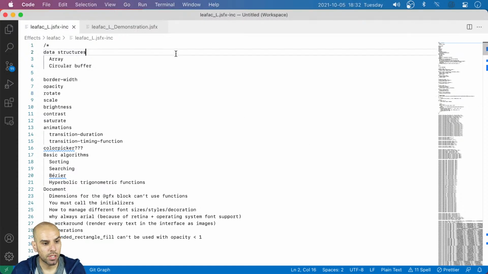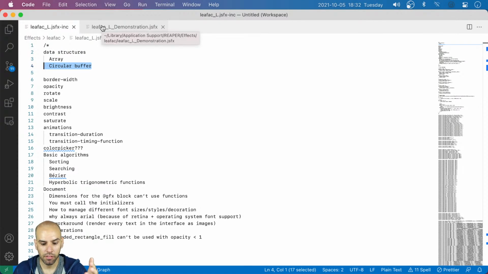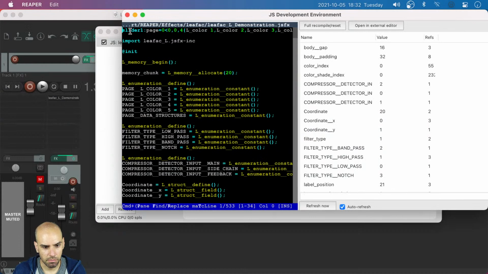What we have on the menu today is to implement arrays and circular buffers on our library for developing JSFX, particularly JSFX that are good looking, and we are developing a whole design system for this. And in case you don't know what JSFX are, then